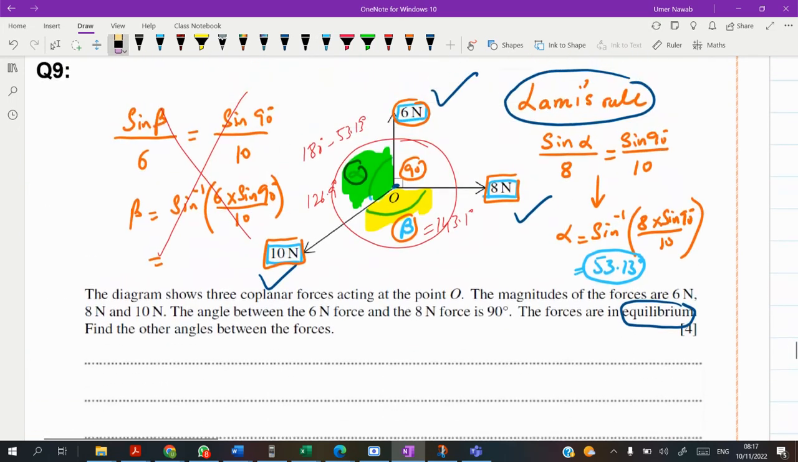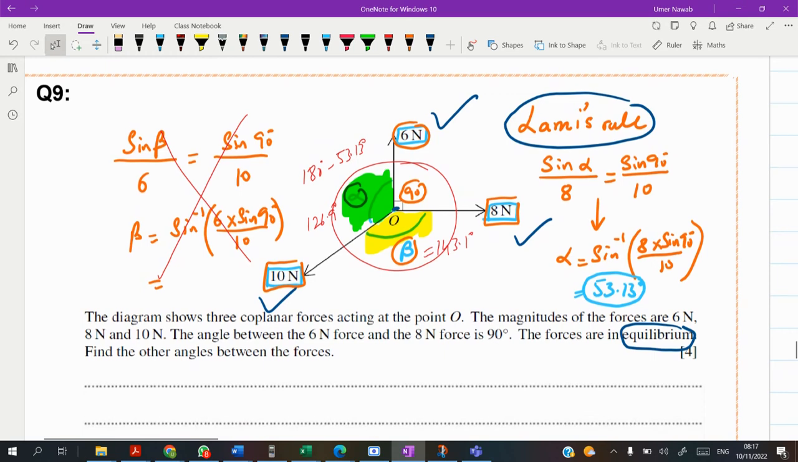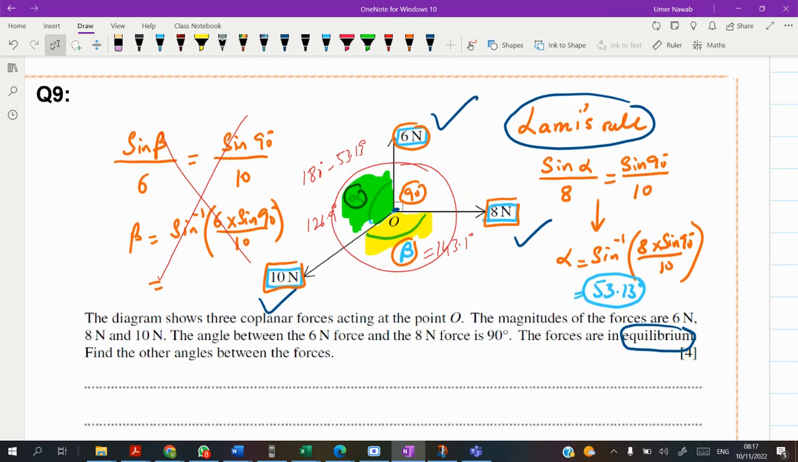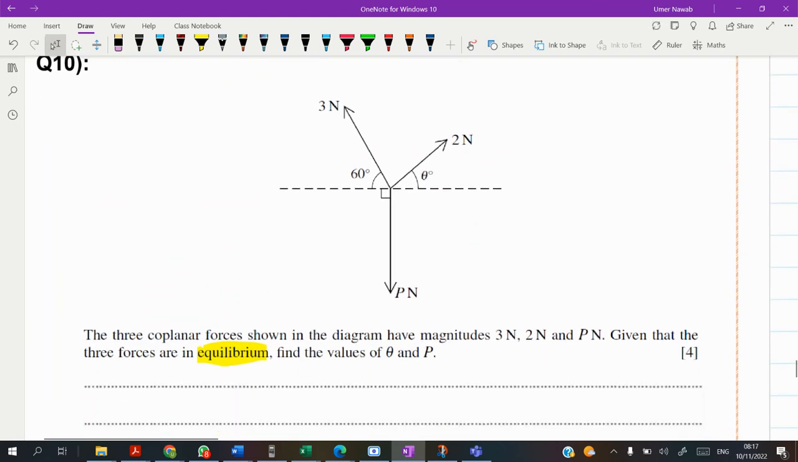Lamy's rule is helpful only when he gives you all three forces, or he gives you all three angles. But in this case, he gave two forces and the third force is not given. Did he give us all the angles between the forces? No, all the angles between the forces are not given. So it means that Lamy's rule will not be helpful for you. So go with the last resort, which is